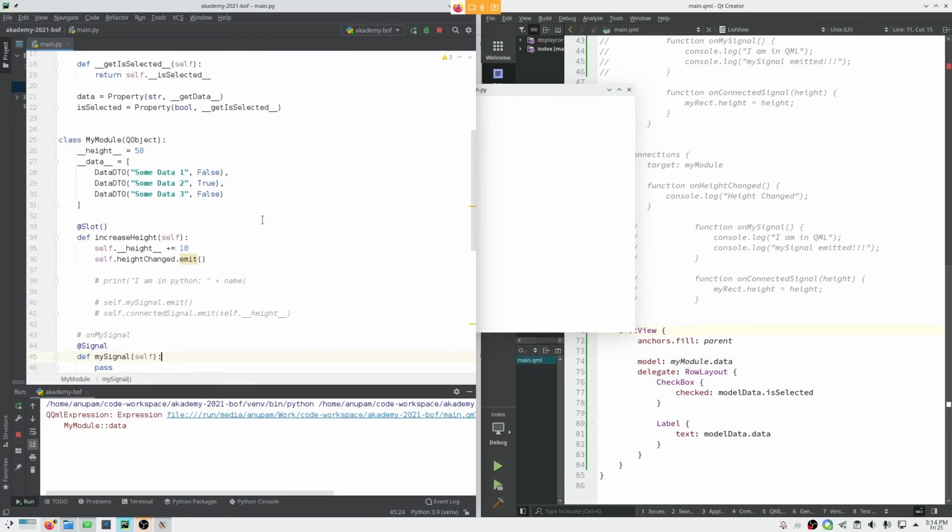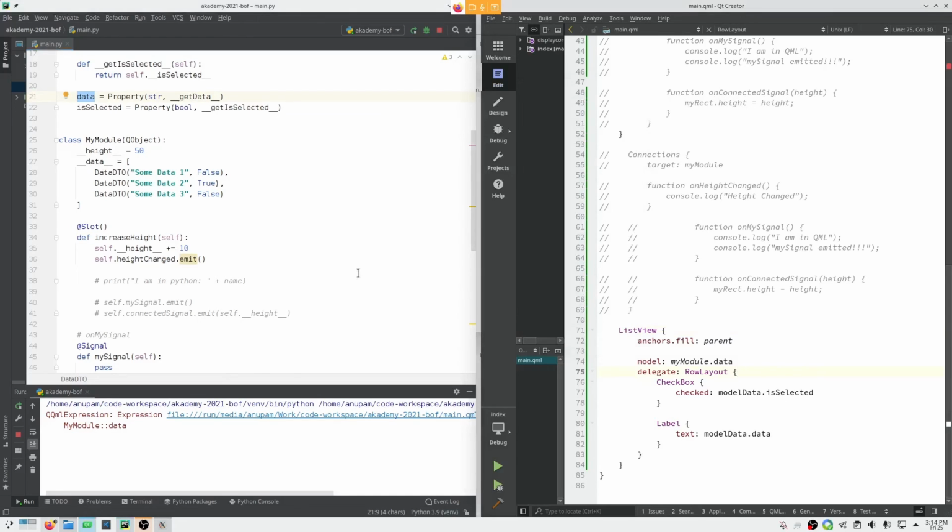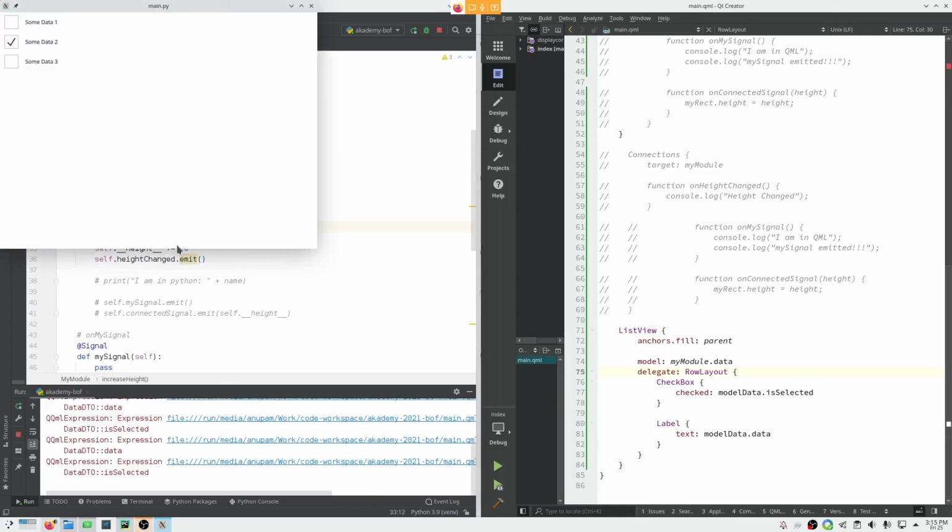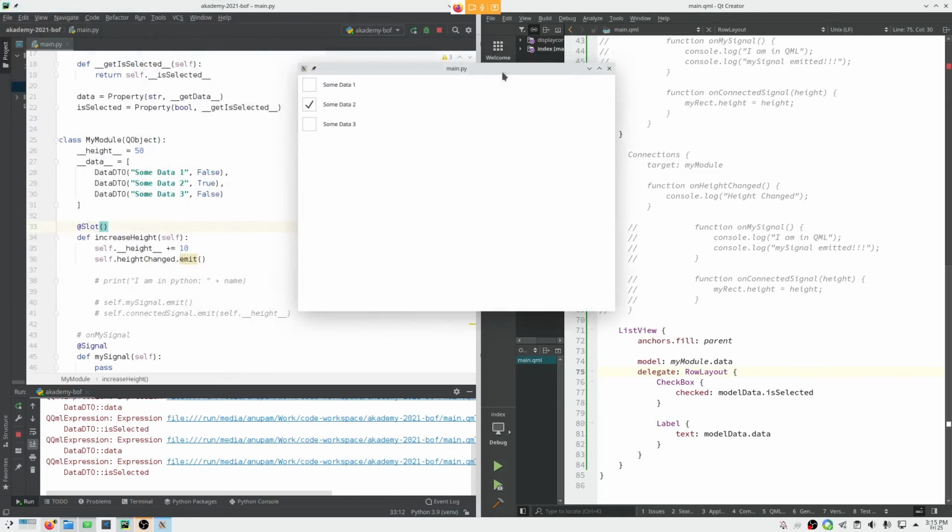I shouldn't need to make any more changes because I have kept the property name and the key of that dictionary the same. It should work just like this without any more changes to the QML side. Let's see if it errors or runs. So everything was as expected.